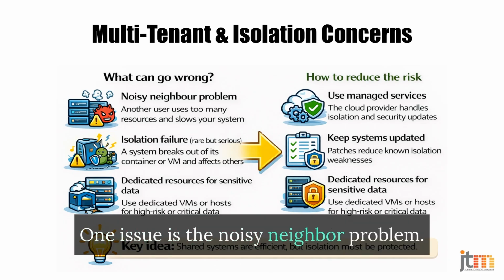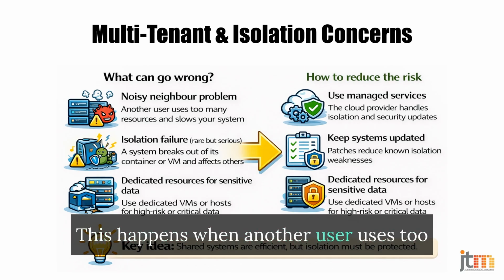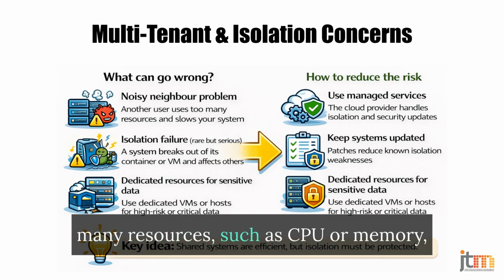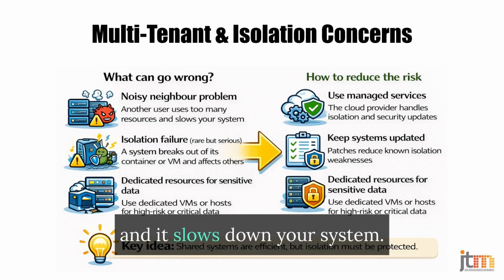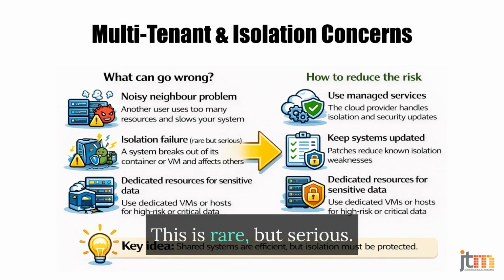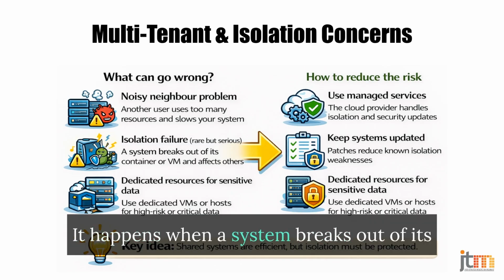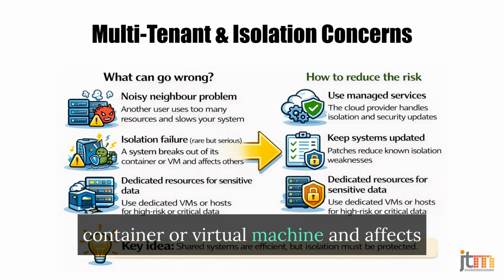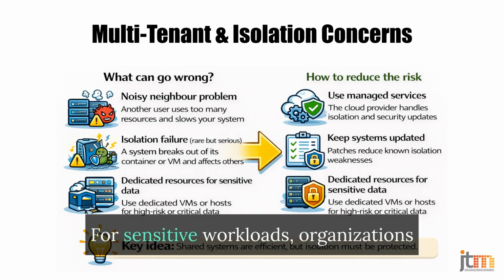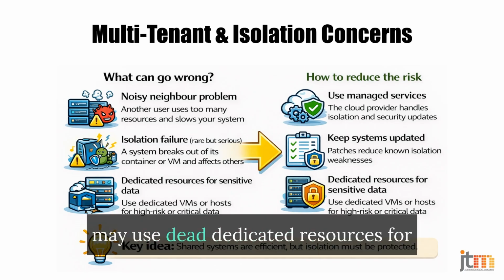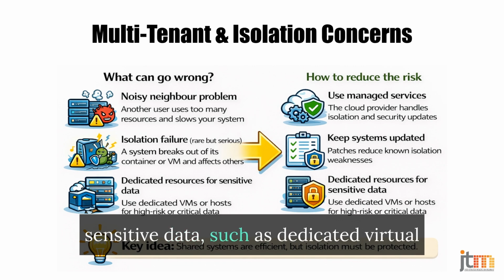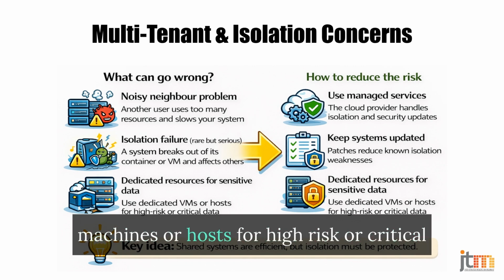One issue is the noisy neighbor problem. This happens when another user uses too many resources, such as CPU or memory, and it slows down your system. Another risk is isolation failure. This is rare, but serious. It happens when a system breaks out of its container or virtual machine and affects other users. For sensitive workloads, organizations may use dedicated resources for sensitive data, such as dedicated virtual machines or hosts for high-risk